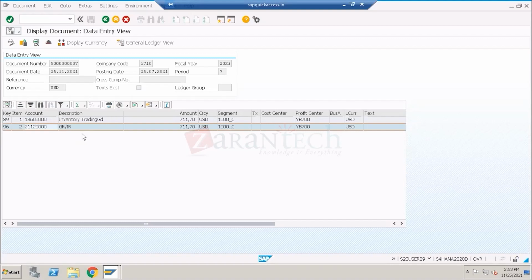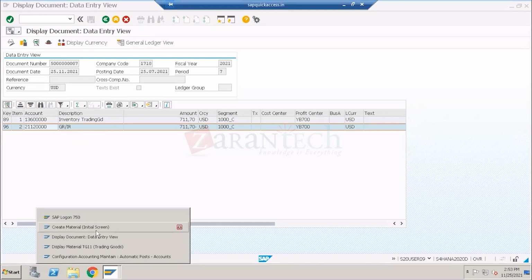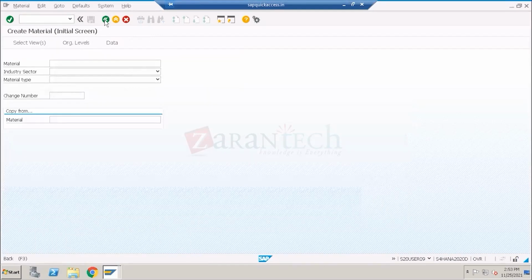Mahesh, when you create a PO, okay, tell me, yeah, okay. Now when you create a PO,